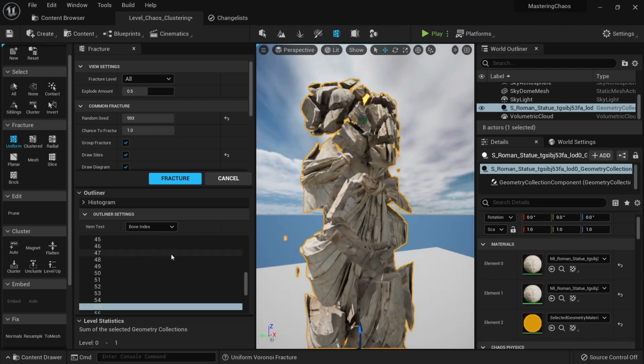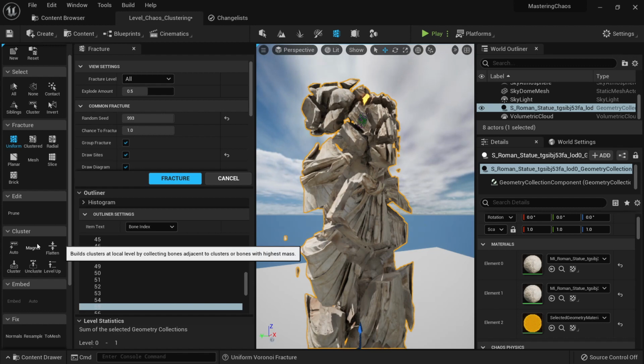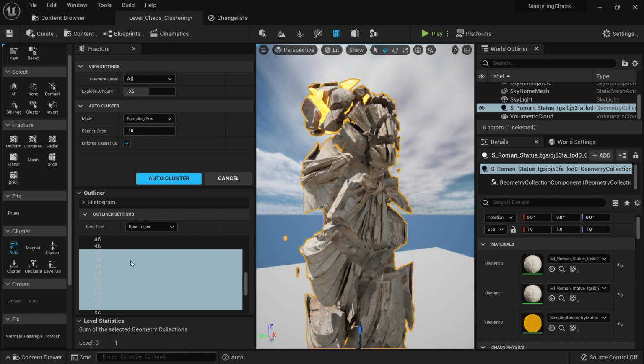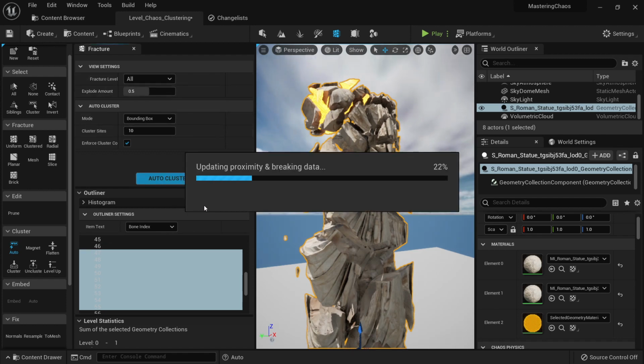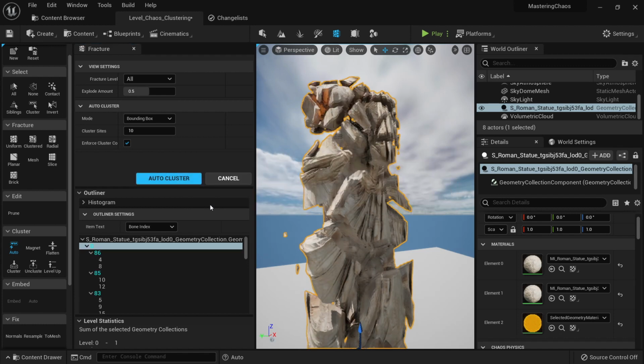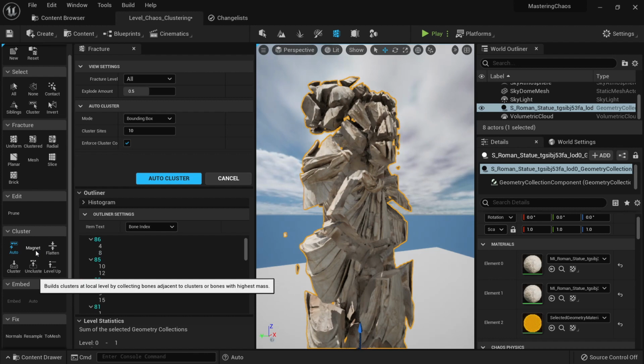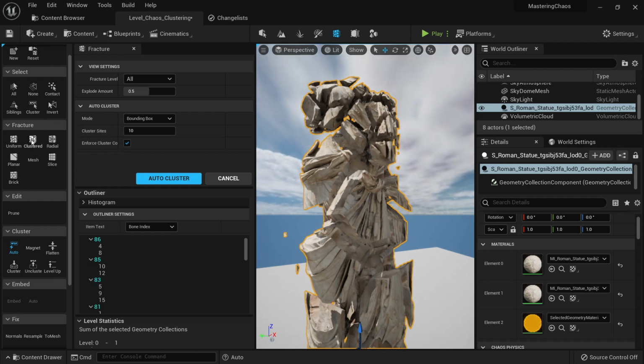Okay, and of course you have the magnet and the auto cluster. You will do the auto cluster for these ones, and it will take a while, but basically it will do the clustering for you if you don't really want to think much. But this is another option: the magnet and the cluster are other ways to